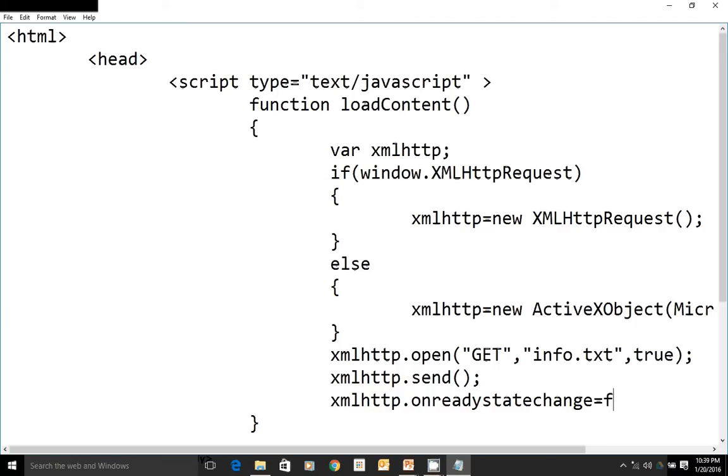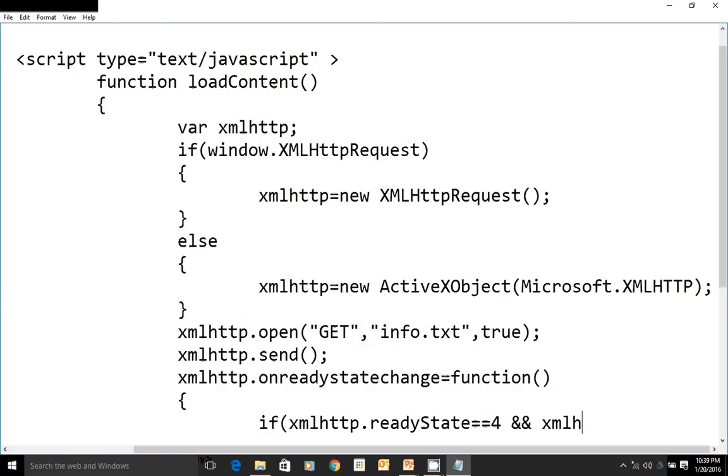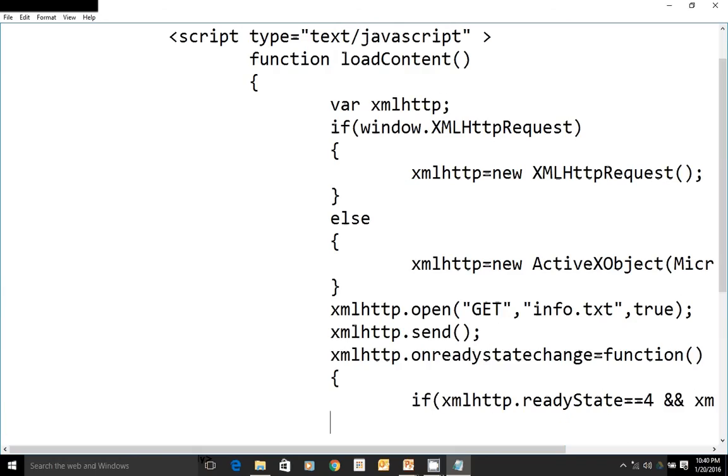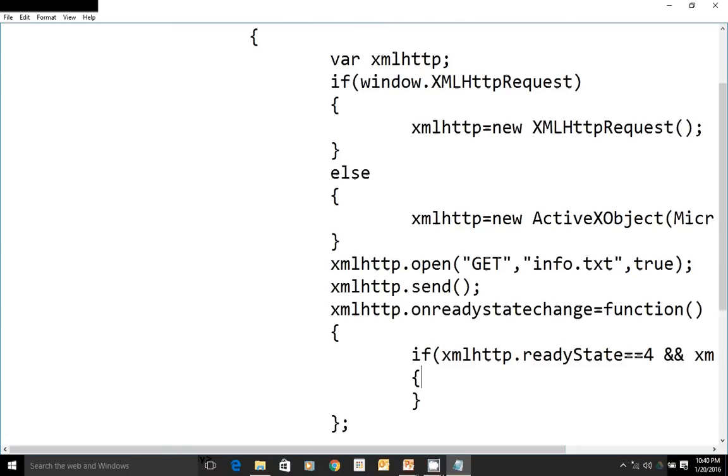onreadystatechange equal to function. It stores the function, as I said already. Within the open and closed curly braces, we are going to check if xmlhttp.readyState double equal to 4 and xmlhttp.status double equal to 200. If these two are right, it means that we got the response successfully at the client machine.